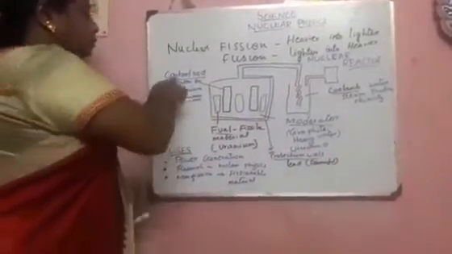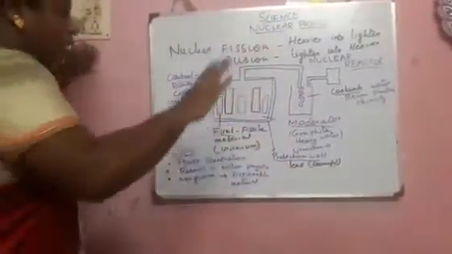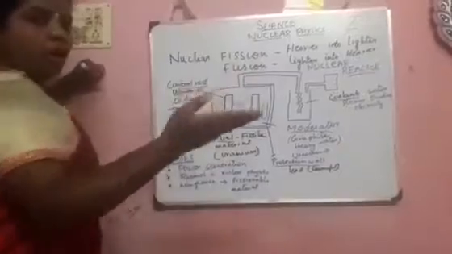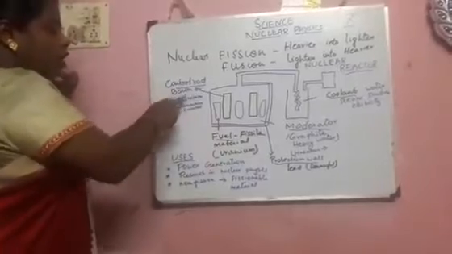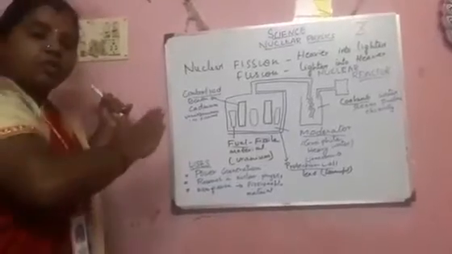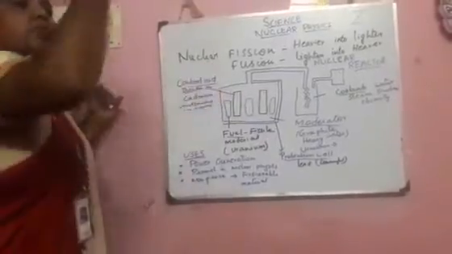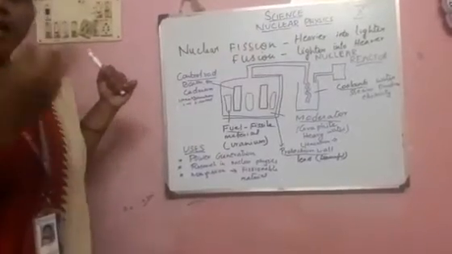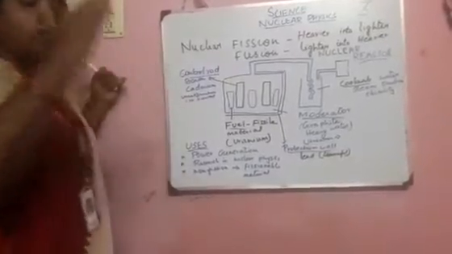And the third one is the control rod. Again, the same thing: when the neutron is attached, it is slowed down, and the same happens in the control rod also. The control rod may be boron or cadmium, while the moderator is graphite or heavy water. When a neutron attaches to the uranium, it yields 3 neutrons, and again the 3 neutrons combine with uranium. It is a chain process like this. If the chain process happens, it suddenly bursts and can be explosive. That is why we have to control that process.